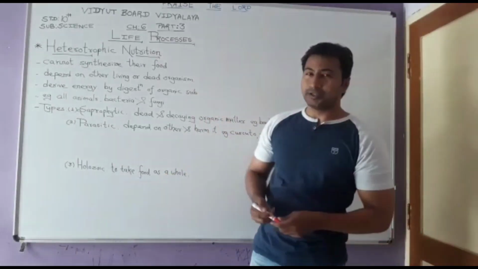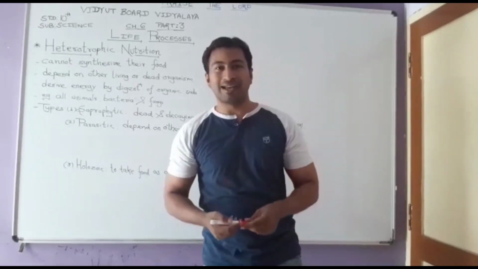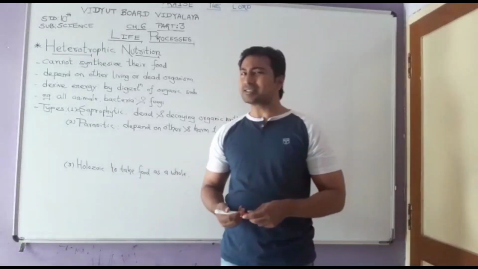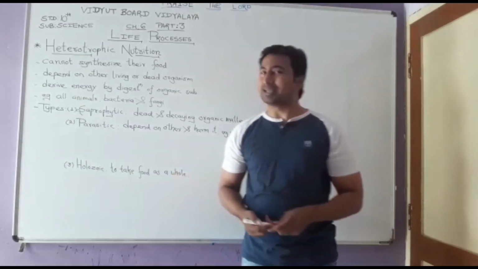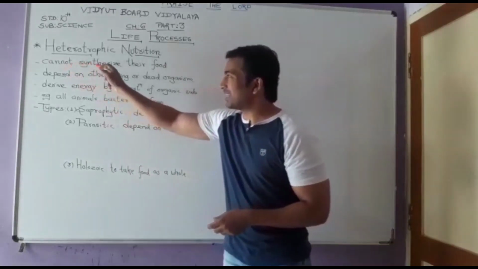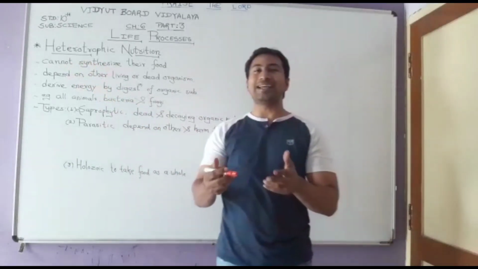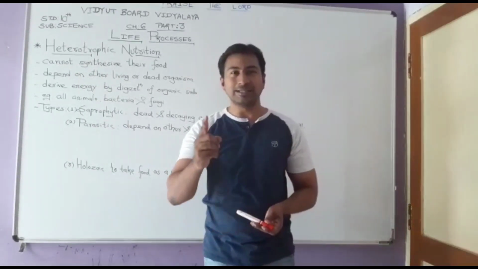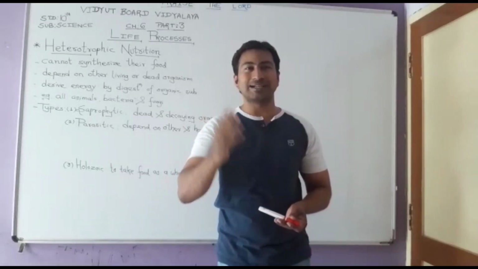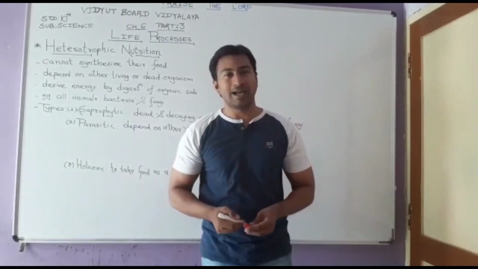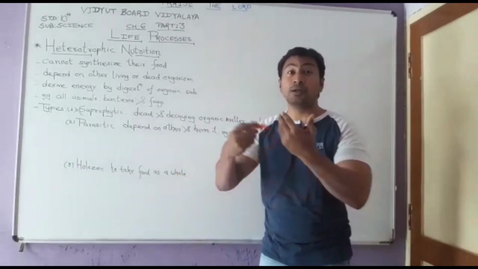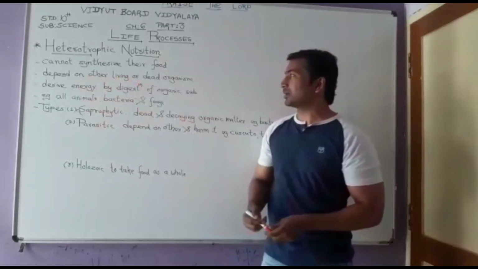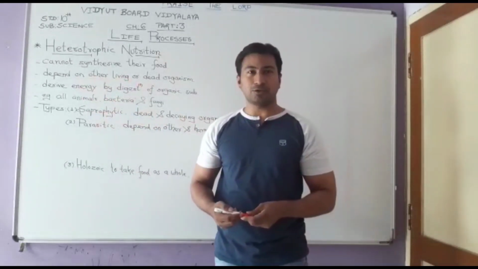Fine. So the organisms who show heterotrophic nutrition, they are said to be the heterotrophic organisms. Now what do we understand by the word heterotrophic? So let us see. The organisms who cannot synthesize their own food, they cannot make their own food using the four major things, that is the sunlight, water, the carbon dioxide and the chlorophyll, as the plants have done. So here they depend on others for the purpose of the food. So they depend on the other living organisms or the dead organisms also.